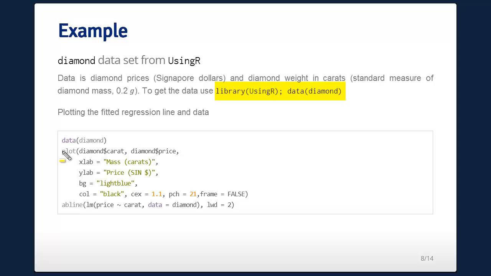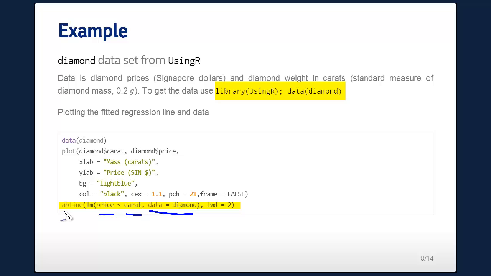So here we can create our plot. I think all this we covered before, except this statement right here, right? So our lm, price is our outcome, carat is our predictor. We want to figure out how big is the rock, how much does it predict its price. So data equals diamond just says that diamond is the data set that we're grabbing the variables